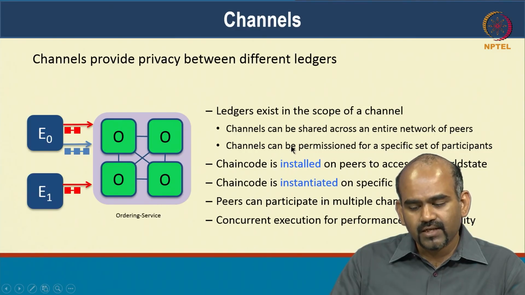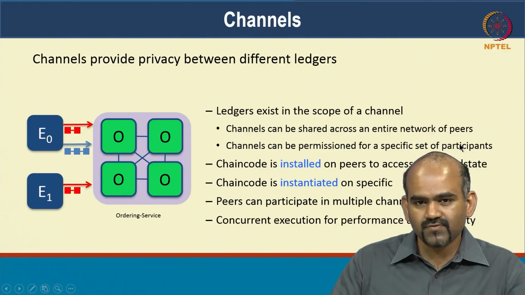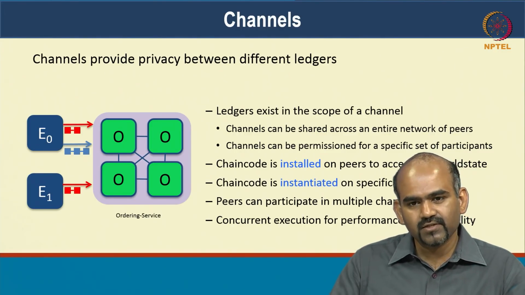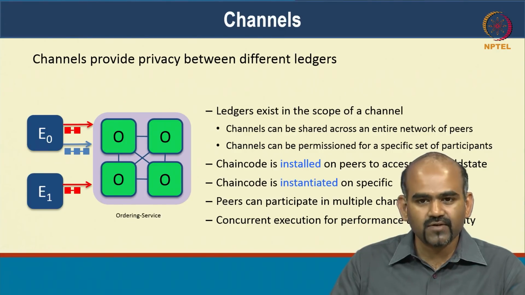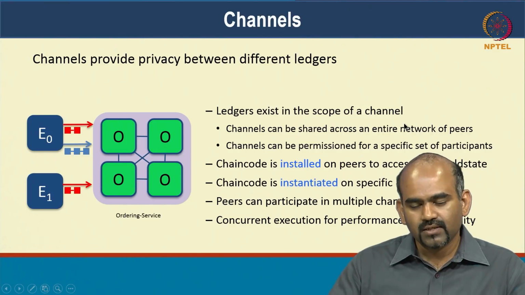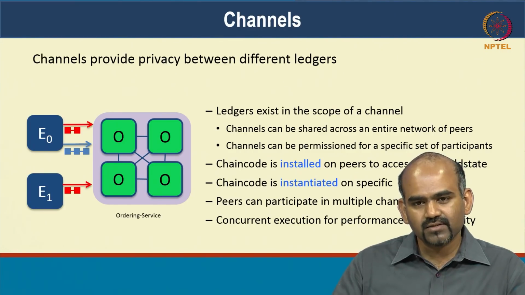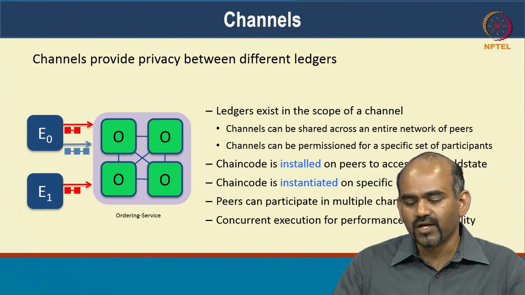And it's possible that channels are permissioned for a specific set of participants, like I mentioned. So you can have some subsets of the network form a channel amongst themselves to execute transactions that are private amongst them. So you can think of, let's say, a consortium of 20 banks that come together. There is one channel that has all the 20 participants, but some subset of maybe 2 banks or 5 banks might come together to form a private channel that only they have knowledge of. The other nodes in the network who are not permissioned as part of that channel will not even know the existence of that channel. So that sort of privacy is possible.